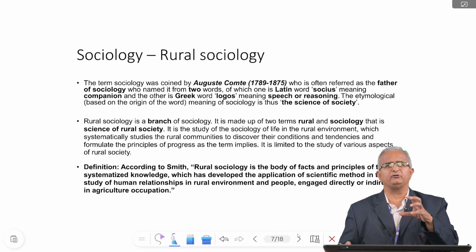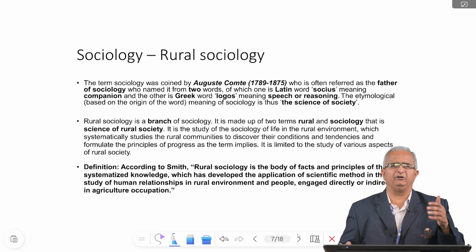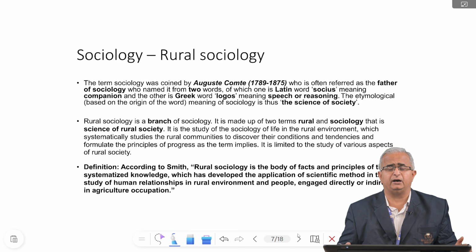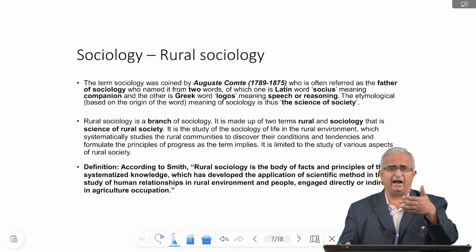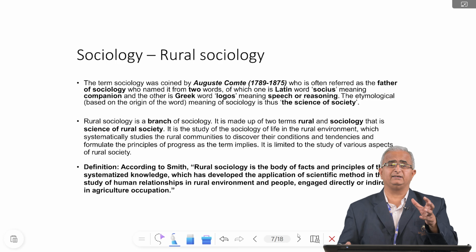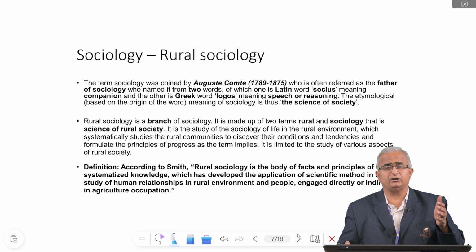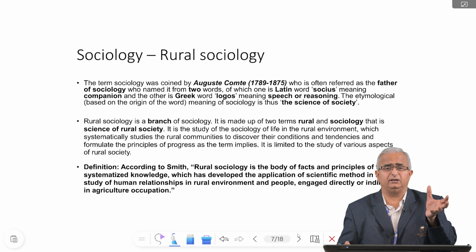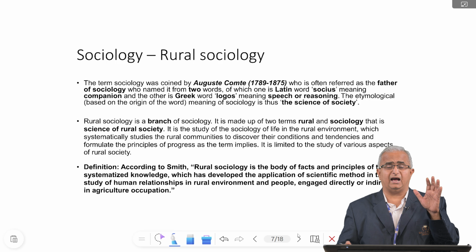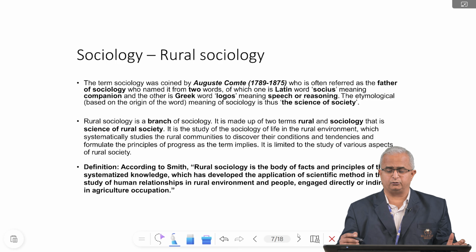How does it come? We have to study the farmers' conditions, the village conditions, where generally they live, what the different relationships are that exist among the farming community, how they behave, how they interact with each other, how social groups form within the farming community, how social organizations exist within it, how social institutions are built within it. Everything we study. We study the rural society as such, as the subject matter of rural sociology.